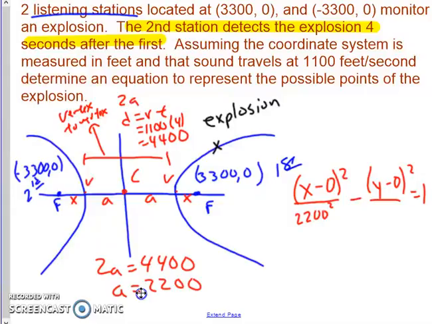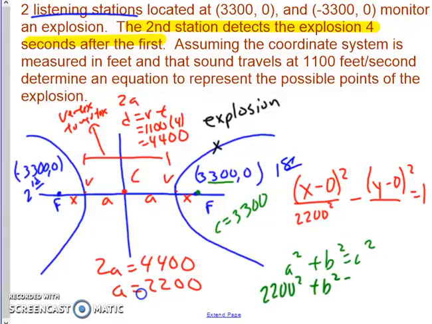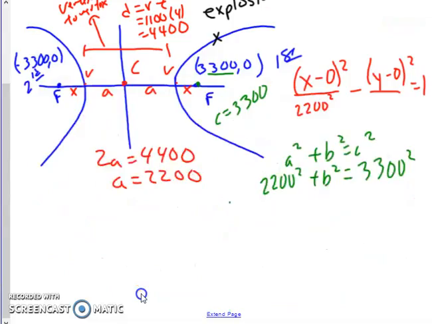Well, if you recall, we know the foci is situated at 3,300 feet. So that is our c value. c will be 3,300. So we'll do a squared plus b squared equals c squared. So we'll have 2,200 squared plus b squared equals 3,300 squared. We should be able to calculate that. I'm going to use my calculator, plug in 3,300 squared, and subtract 2,200 squared. So I get a b squared value